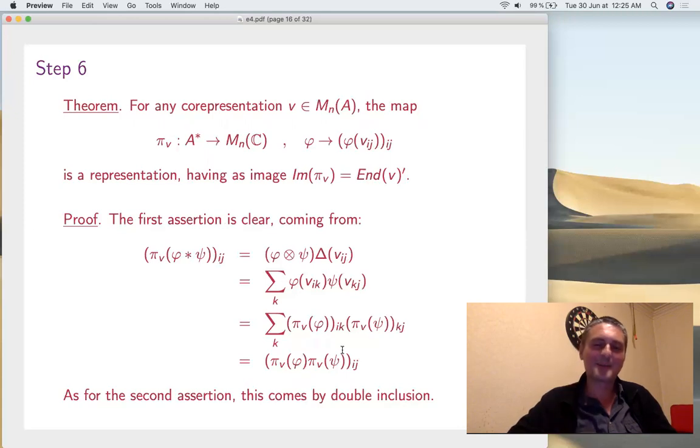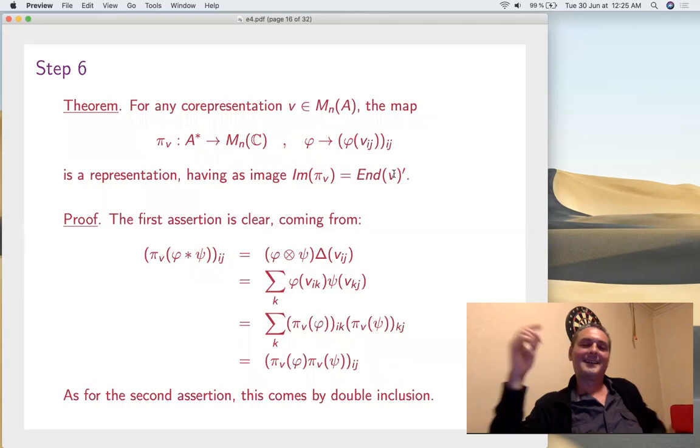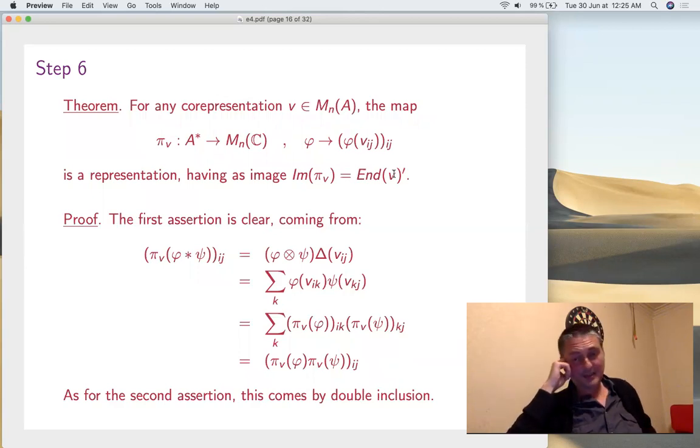That's why the commutants come into play, because the people who did it, like Malacarne and especially these guys, they perfectly know this, that it's easier with commutants. So for any co-representation of any Woronowicz algebra, it's very general, this thing here, which produces the coefficients, is a representation of A star, having as image exactly the commutant of N. So okay, if you think about it, that's why. So whenever you see something with representations, it's good to take the commutant because N' is something that you perfectly understand. It's the image of this representation of A star.